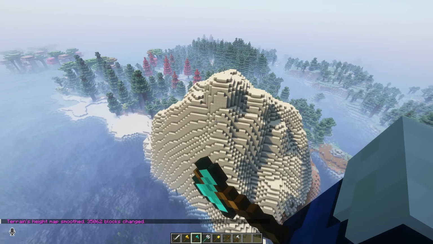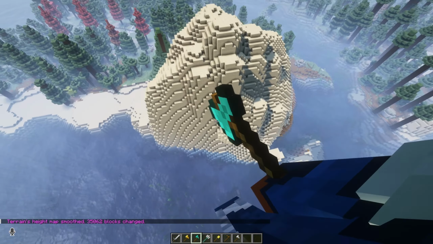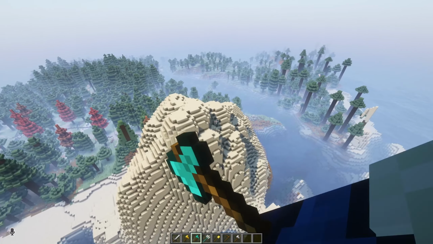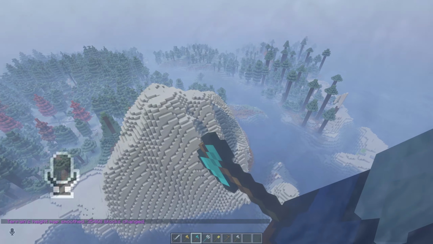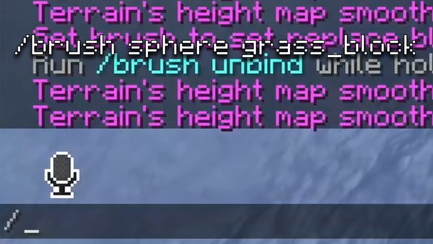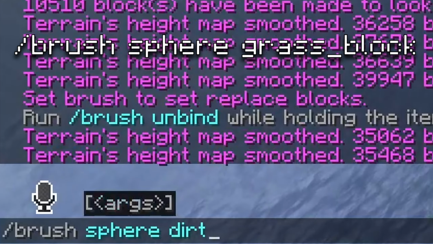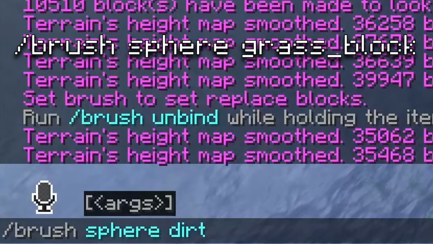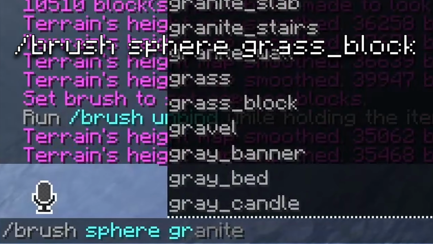There's a part of me that just wants to fix it just a little bit because I know there are some issues here and there with the mountain, but for the sake of the tutorial, let's move on. So now what we can do is /brush dirt or grass, whatever works for you. Maybe grass will work, so let's try grass block, and then we're gonna do /mask